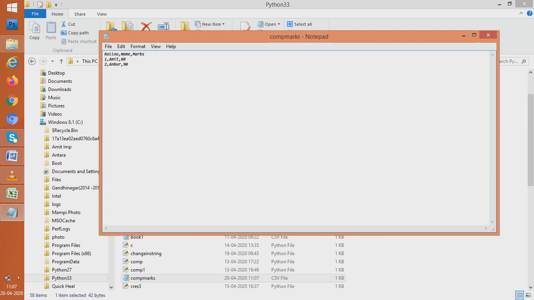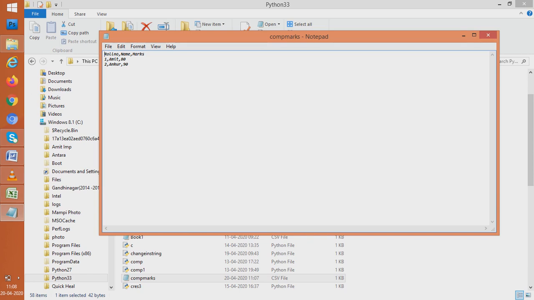But it is not always a thing that you will be separating this data with a comma. We can use any other separator also. We can use a space, we can use a pipe symbol, we can use a dollar sign, we can use the @ sign, whatever you want, you can use it as a separator. By default, comma is a separator. And even if you separate it with a dollar sign, then also it is said to be a comma separated file, because the default is comma separated. So you give anything, but the name would be comma separated file, CSV file.